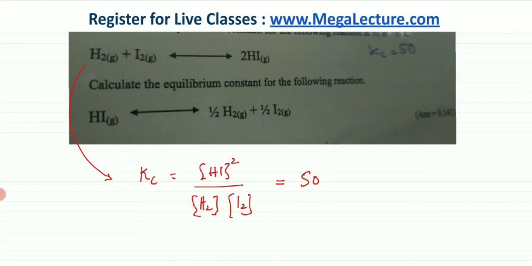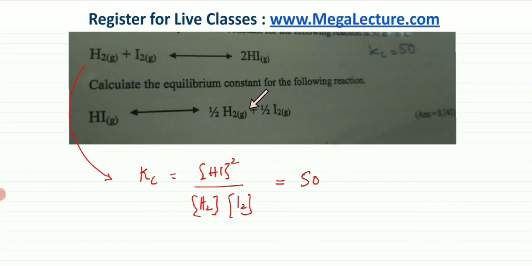Now the question states, try and find the equilibrium constant for the following expression, which is exactly the same reaction. It's an equilibrium that is between HI and H2 and I2. It's exactly the same reaction. Remember, equilibrium reactions, whether they're written in the forward direction or in the backward direction, they basically are the same expression. The equation is balanced differently.